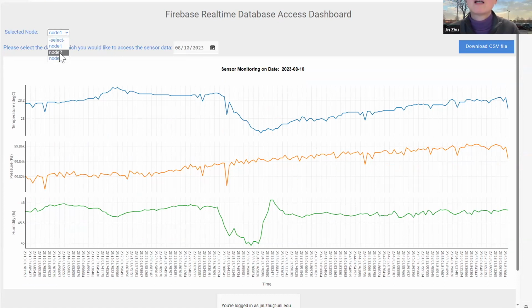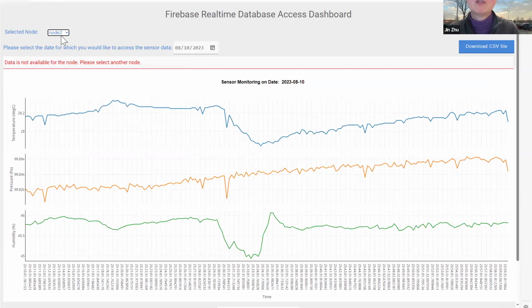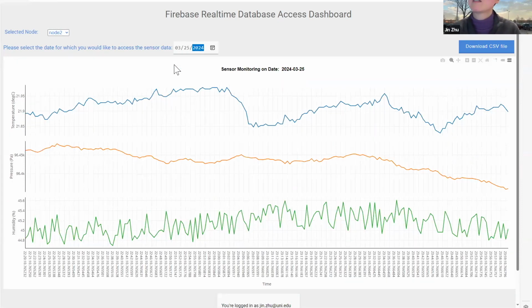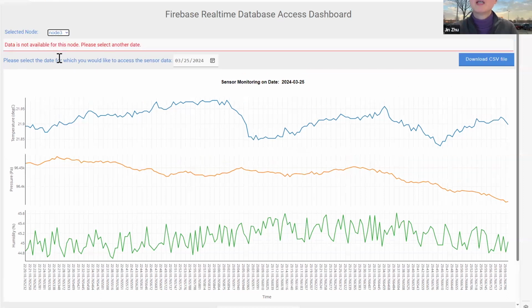And you can check, okay, how about if I have a node 2? You see this data is not available, and then you can check the day, only a few days. I believe I have some data for yesterday. All right, that's what we have. And then we could also check, okay, how about the node 3? This is not available,